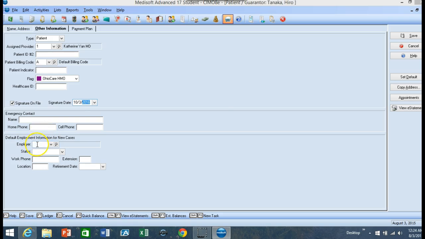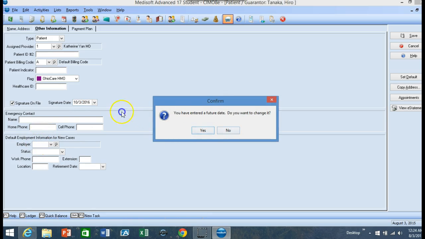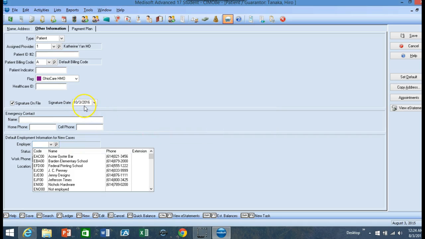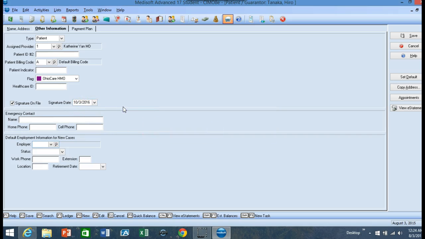I'm skipping the emergency contact. And it says, hey, this is August the 3rd, 2015. Do you know you put in a future date? Do you want to change it? No, I do not want to change it. It thinks I made an error. Okay, now that takes care of